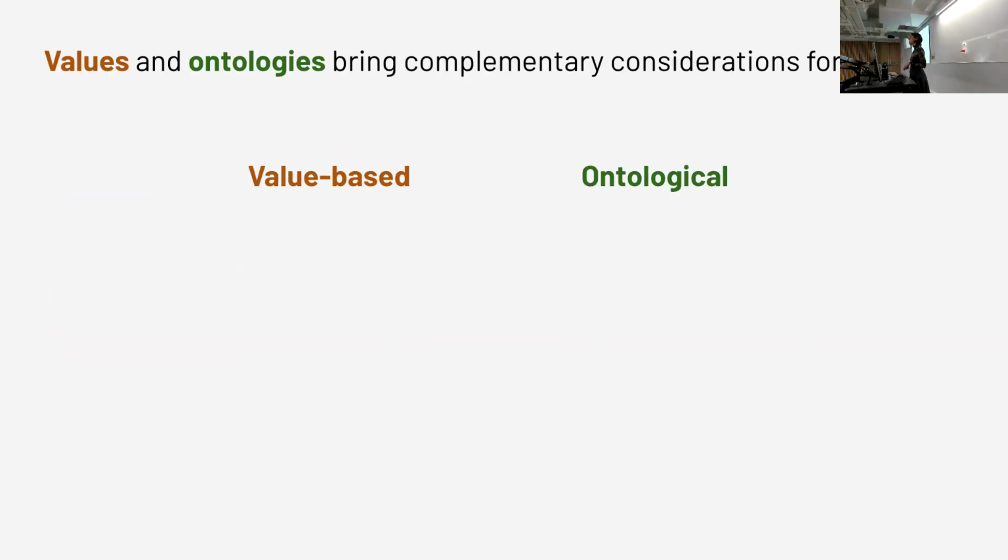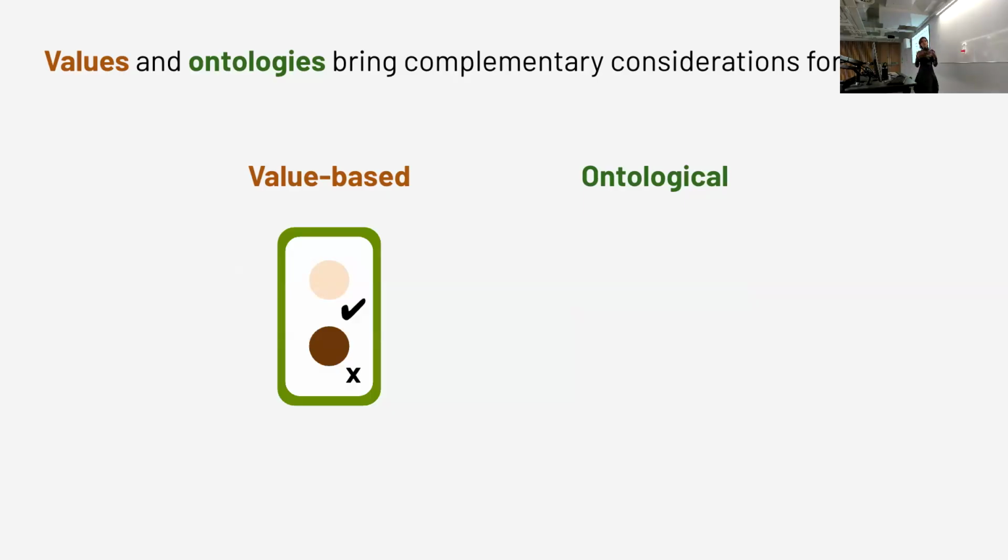Connecting this to an example in the context of large language models, like therapy applications, we see that a focus on values as put to practice today would bring to attention the identities that are implicitly ignored or explicitly censored. Whereas an ontological orientation brings to focus how are we defining healing and care altogether? For example, healing and care as communal or spiritual, compared with individual or pharmaceutical care.